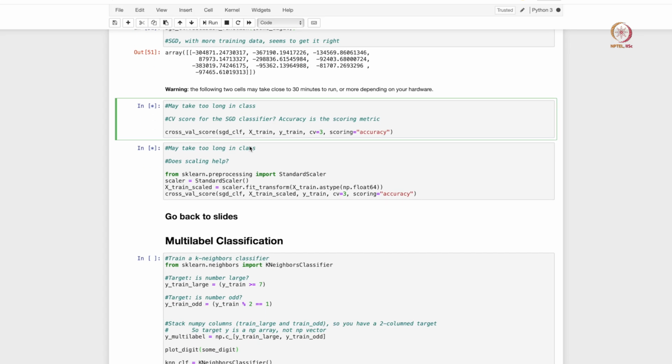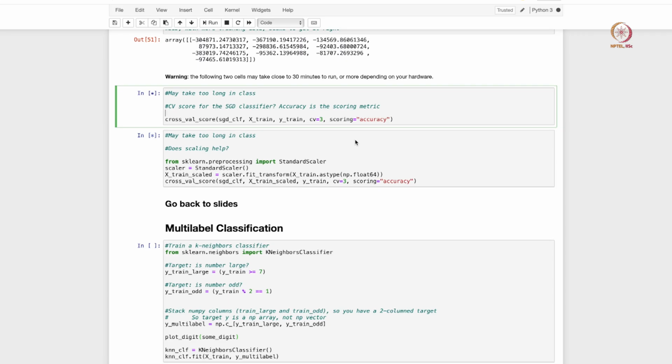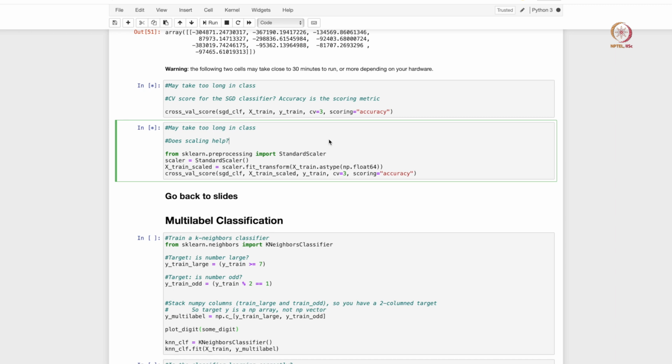We can also calculate what is the cross validation score for this model. We are doing 3-fold cross validation here and we are measuring accuracy. One way to trivially improve the accuracy of these classification models is to have a very simple scaling of your data.